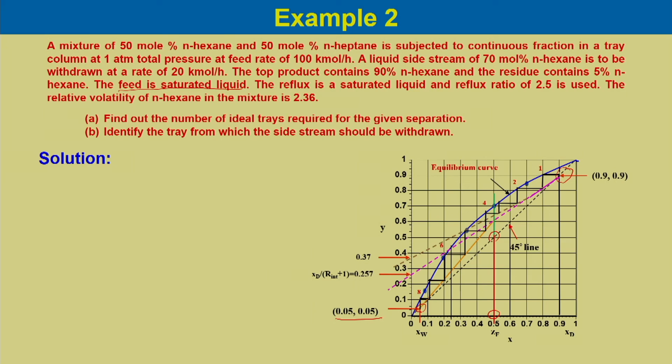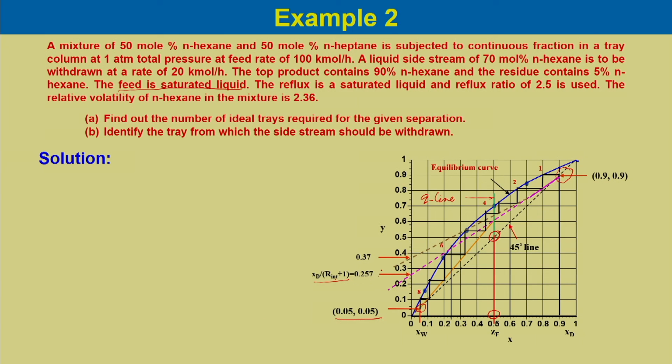On the 45-degree diagonal this is the feed point, and we can draw the q line. So, this is the q line for the saturated liquid feed,